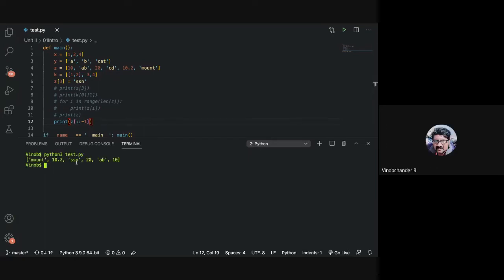So this is your current list: mount, 10.2, SSN, 20, and AB. Just take this particular item and reverse it. What can you do? Okay, then we can take Z of 2.